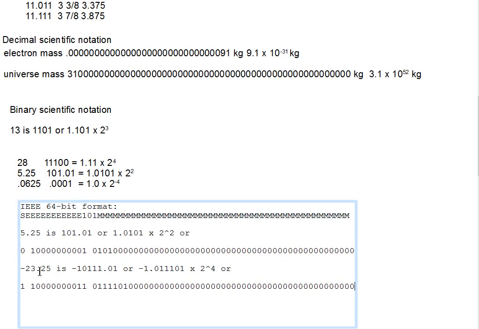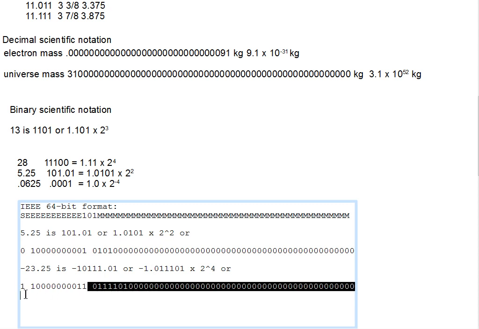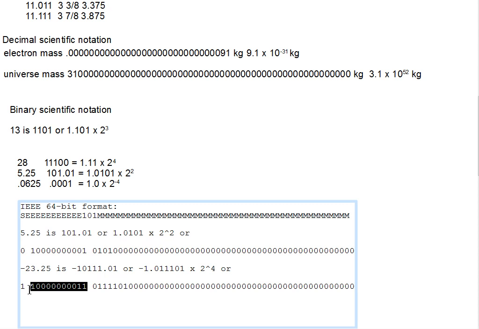Minus 23.25 is negative 10111.01, or negative 1.011101 times 2 to the 4th power, or a sign bit of 1, an exponent of 1027, thus 4, and the mantissa again having only the bits after the binary point. 0.1875